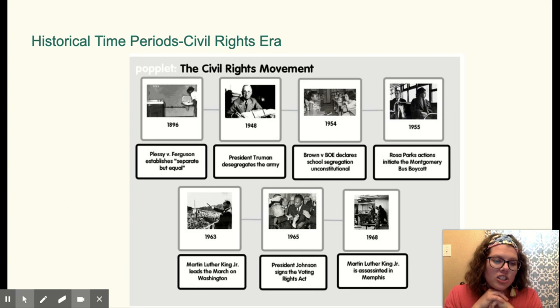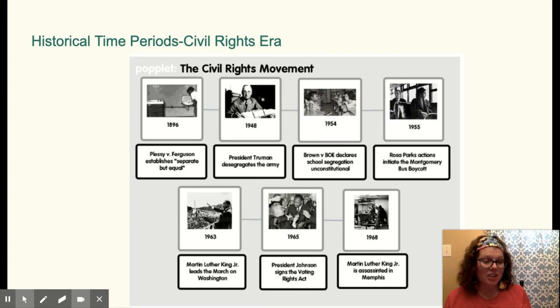So all she did was, the bus had two sections on it, a part for colored people and a part for Caucasians. She had worked a long, long time, was tired, and the back of the bus was full. So she sat down in a seat and fought for the right to sit there. She ended up having to spend one night in jail over that, but it was an important time in history.